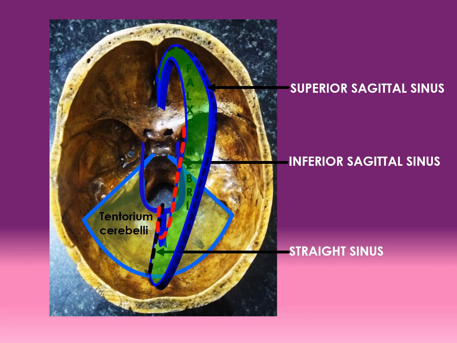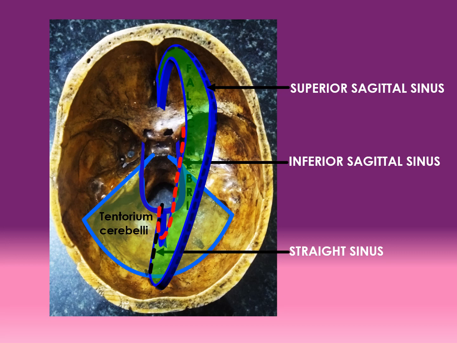At the junction of the posterior end of falx cerebri with the superior surface of tentorium cerebelli, we have the straight sinus. This straight sinus again is present between the falx cerebri and tentorium cerebelli, which are folds of meningeal layer of cranial dura mater. And so the straight sinus is also situated between the meningeal layers of dura mater and not between the endosteal and meningeal layers like other sinuses.